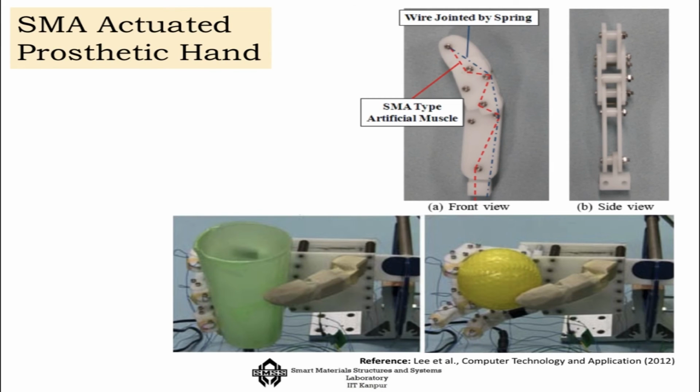Now here there are some examples, as I am showing you, of SMA type artificial muscles which are joined using springs. You can see it in two views. Now this can be used for developing fingers. So those Asimo fingers, which are controlled by servo motors, can in fact be better controlled with less power with the help of SMAs if you can model them properly. And you can determine the forces there so that it doesn't get crushed. Depending on the type of element you are holding, you can control the force. So that is the beauty of the SMA actuated prosthetic hand.